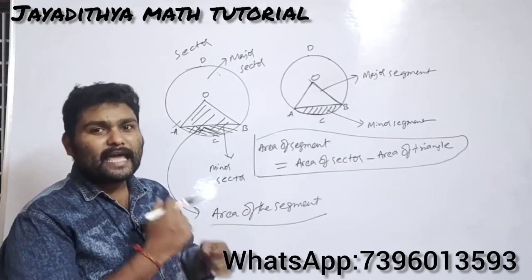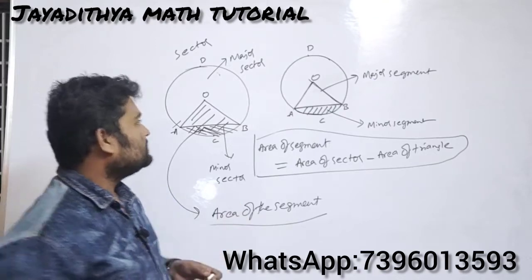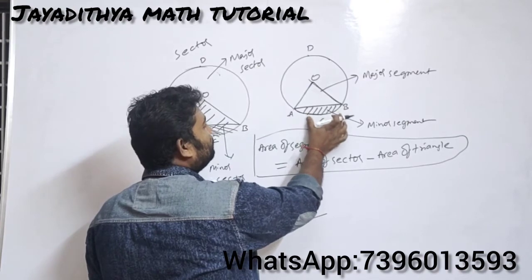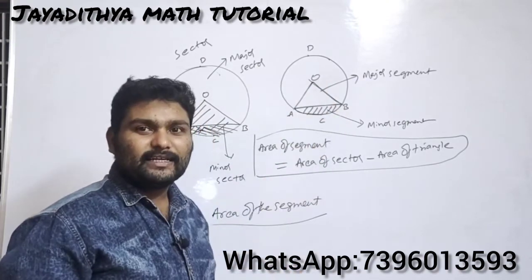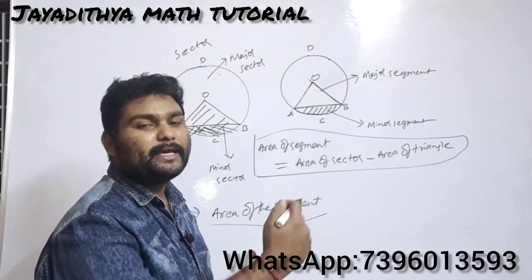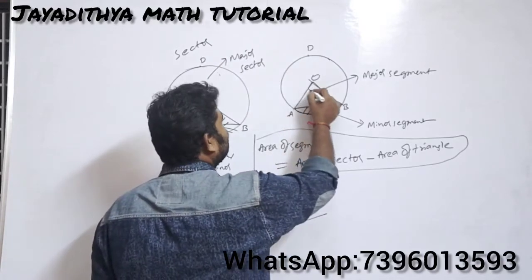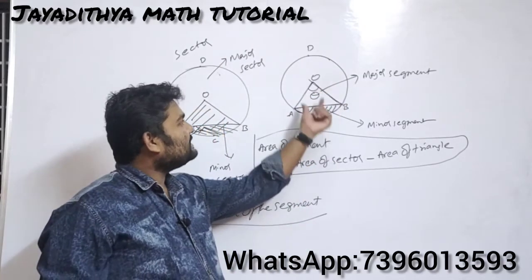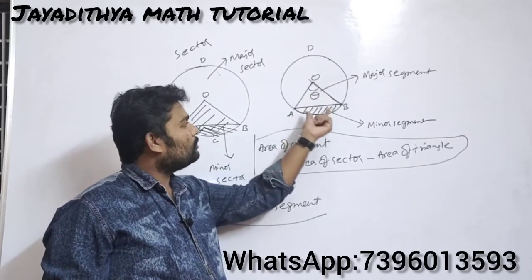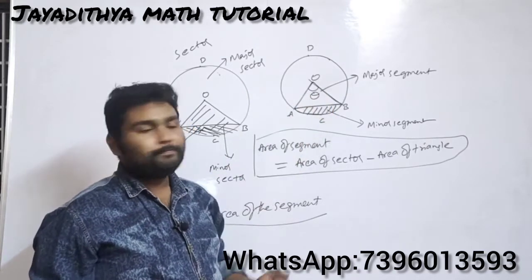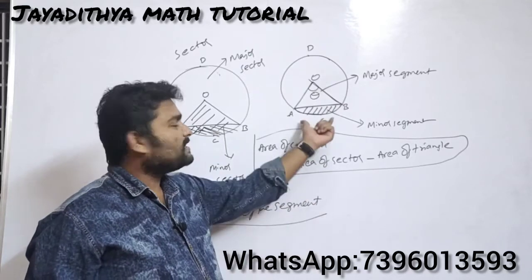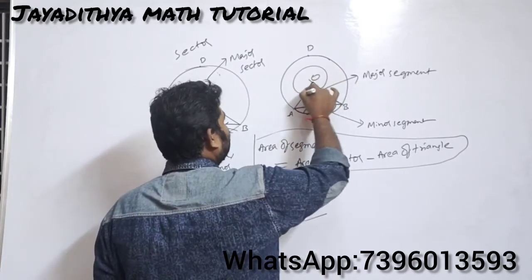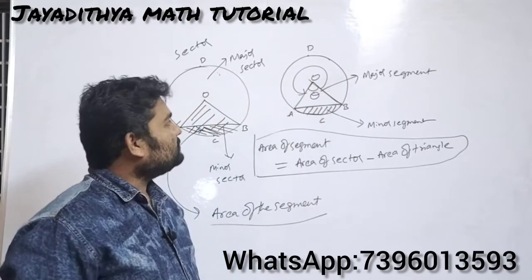So what are the dimensions we can have here? First of all, let us see here, Nana. ACB is the minor arc which is subtending some angle at the center. Subtending in the sense it is making some angle at the center. Let us take this as theta. So the arc is subtending an angle theta at the center. You can also say the chord is subtending an angle theta at the center. This is a minor arc, Nana. So how much must that other angle be?